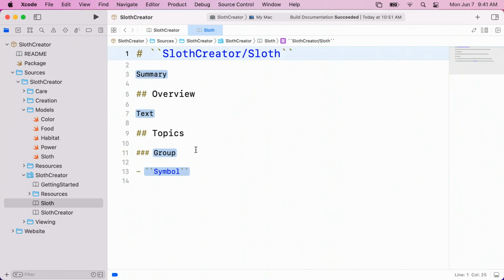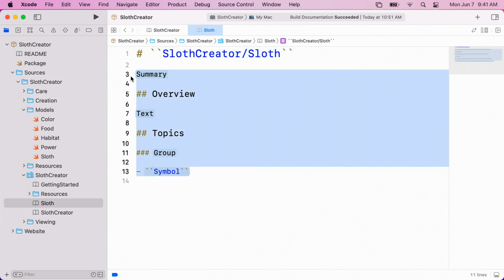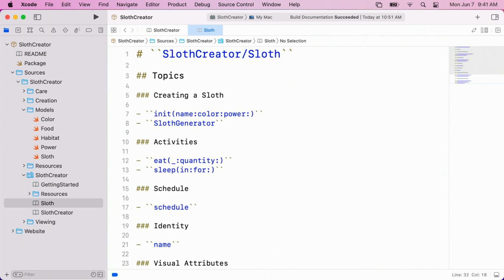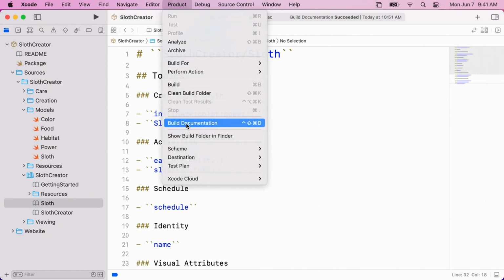This might look familiar, because earlier my colleague Bia used this syntax to create the top-level framework article. Then I'll add some customized groups in a topic section. Finally, I'll rebuild using product build documentation to check out the result.